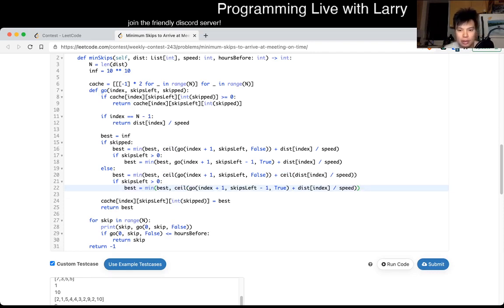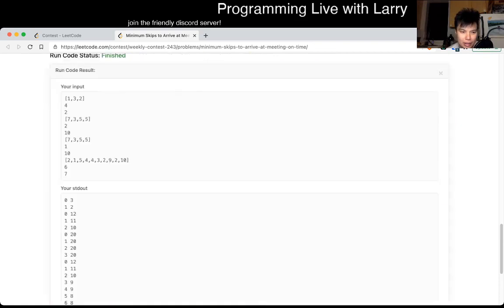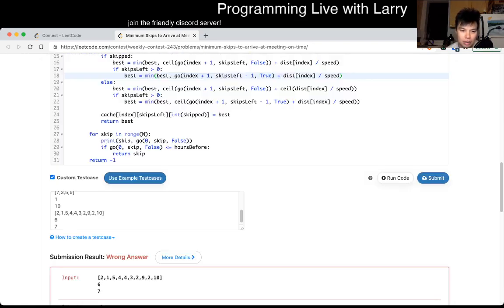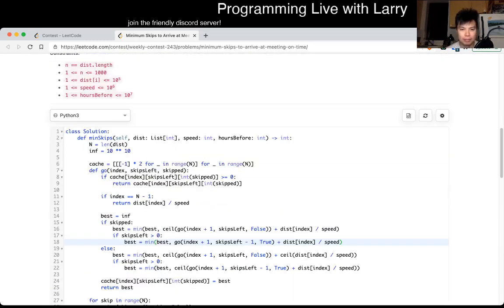Yep, okay. And don't skip. If you don't skip, then you return. Okay, I think this is right, but as right as it gets. Not right enough though, but